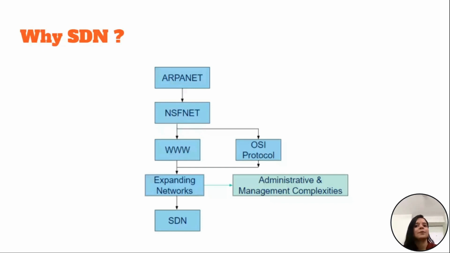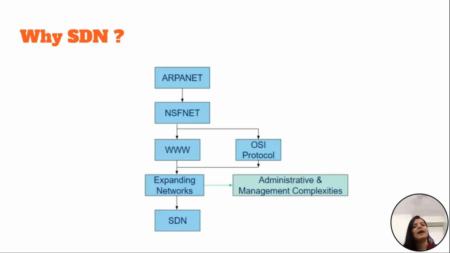say the OSI model. Now, after the OSI model was introduced to the community, there had been a lot of small changes happening in the architectures and things like that, but there has not been any fundamental change happening to the network architecture. So, the OSI model was considered to be the fundamental architecture of the network, and after that, no other change had happened. Now, what happened was, as years passed by, the internet became more popular, and like people